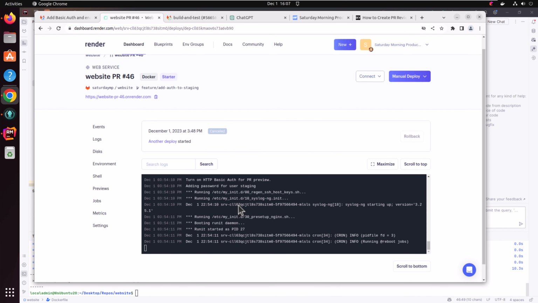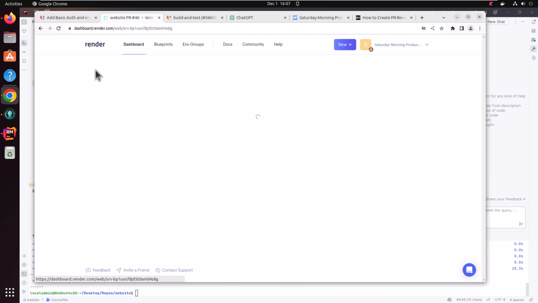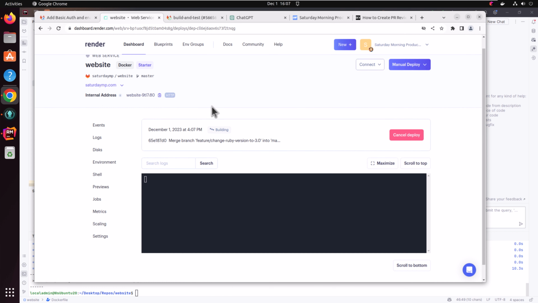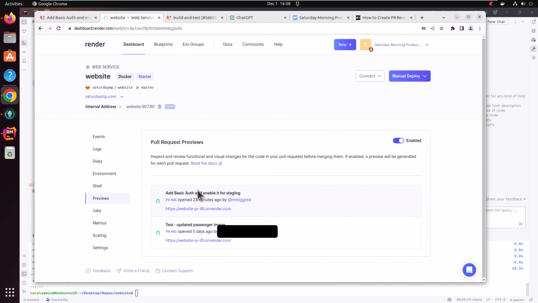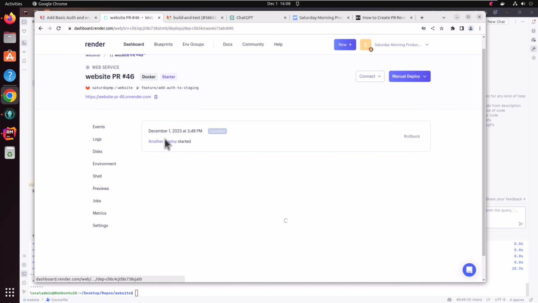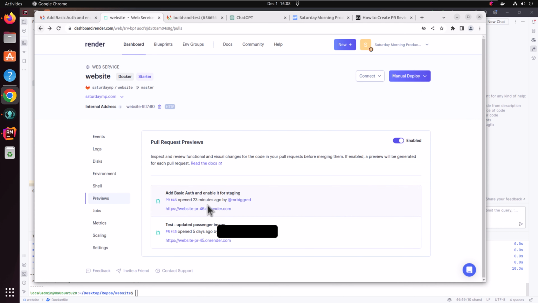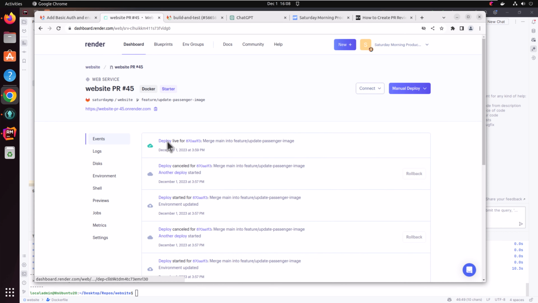That seems to be taking a long time. So what if we go? Okay, we're just going to redeploy in production because I just want to see what it looks like in there. Go back to these previews. Or I guess, well, even if we go look at this one,